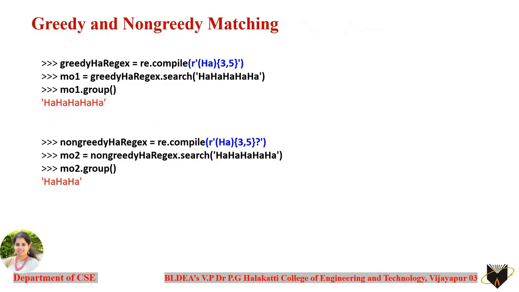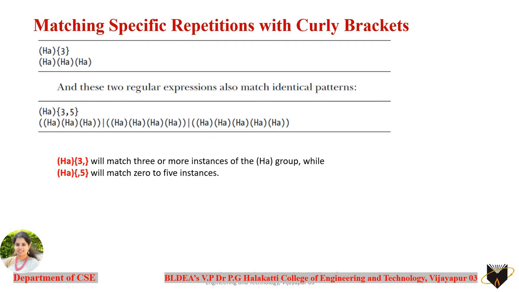Coming to the curly braces, we use them to tell how many times the pattern can be repeated. One way of using the curly braces for repetitions is to use a single value inside the braces to tell that this pattern is going to repeat 3 times. You can also use two values, naming them n and m, to tell the minimum and the maximum repetitions to be considered. This pattern is considered for the range of 3 to 5.